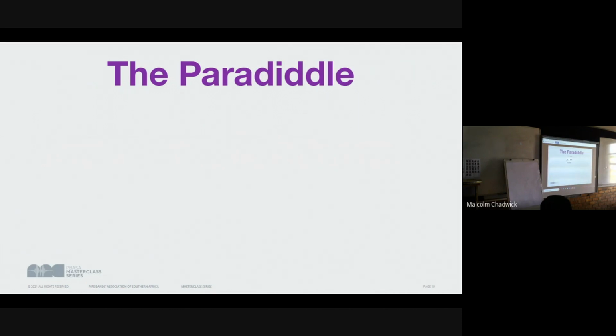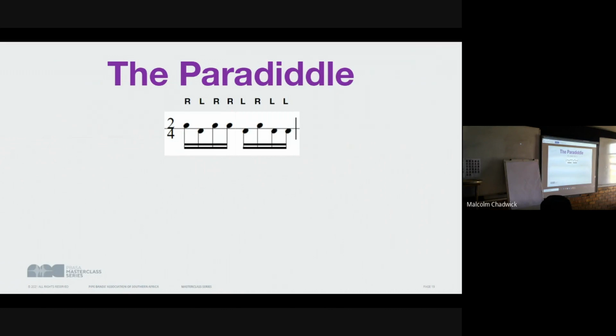Okay, so obviously the paradiddle, for those of you who don't know, is just a 4-note movement: right, left, right, right, and then if you repeat it on the other hand, it'll be left, right, left, left. Okay. Now,